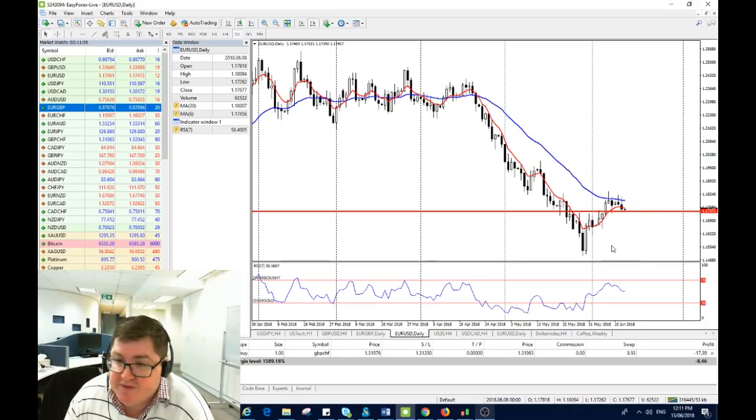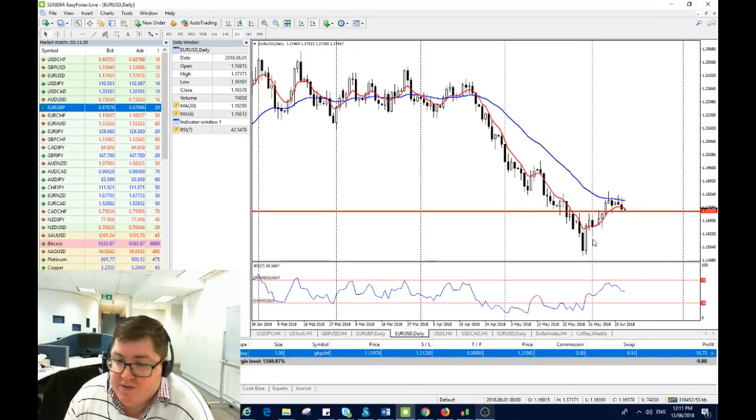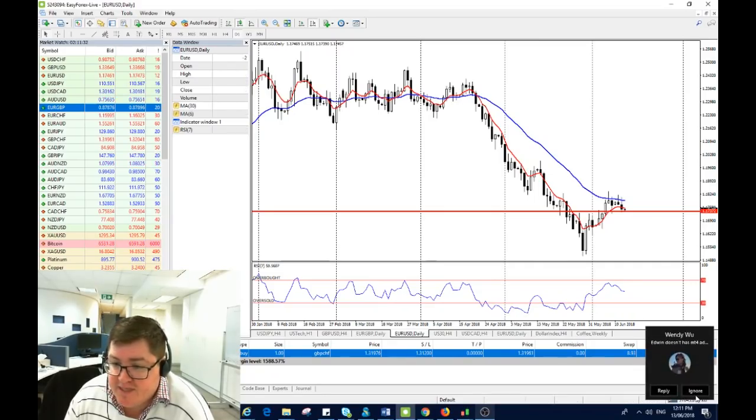hopes and dreams here of the euro bulls, which had pinned most of the trade basically on the lack of Italian issues, or the subsiding of the Italian issues, and also the ECB allowing the euro to rally. But a strong US dollar is going to make that much harder, and if that is the case, we're going to have to look at buying the euro against something else. There are many pairs to buy the euro against, but the ones which you really want to be looking at are potentially the yen,